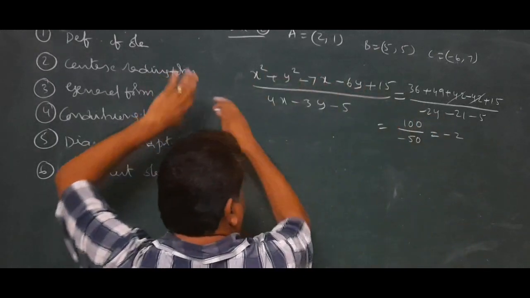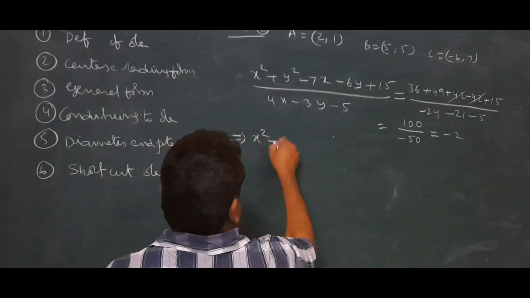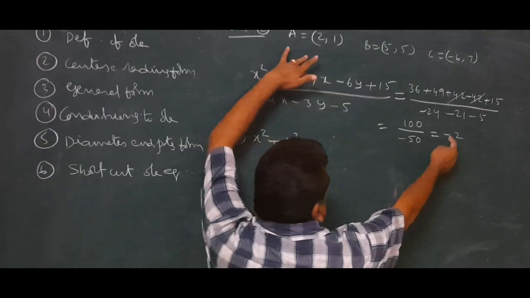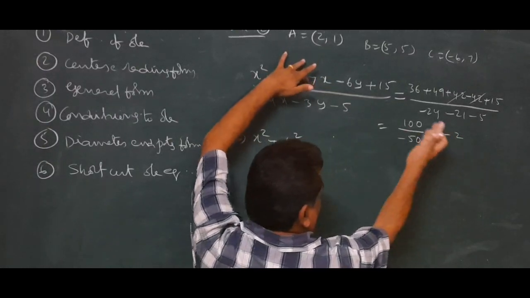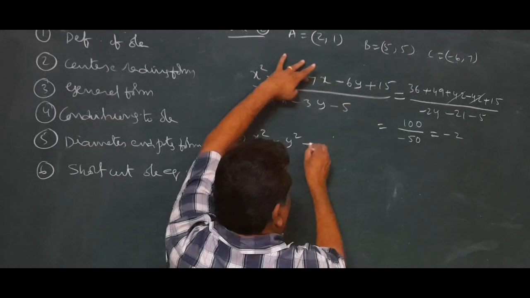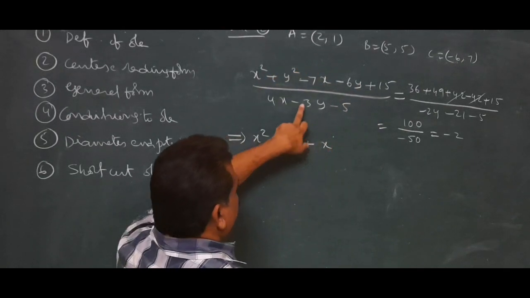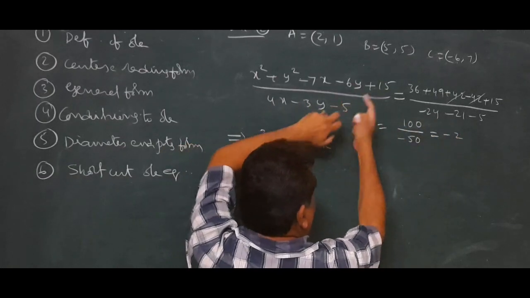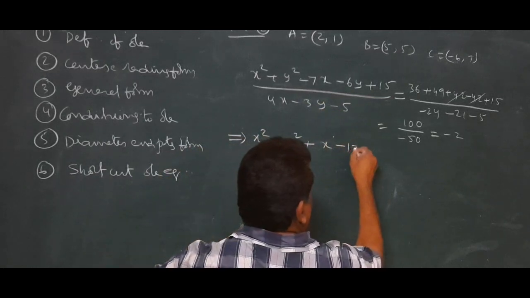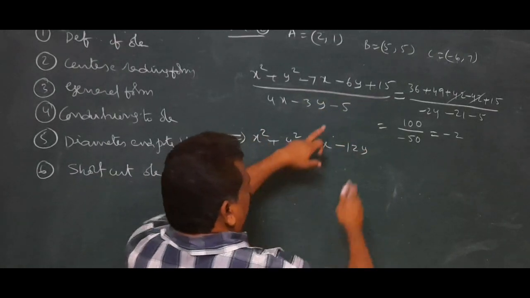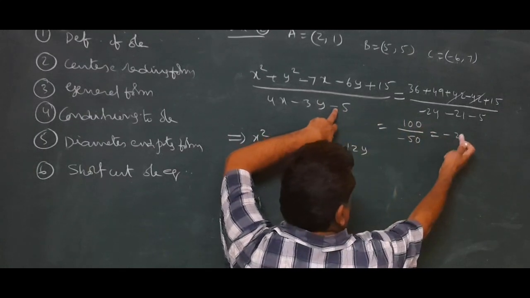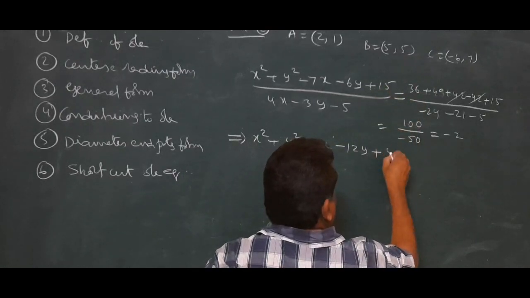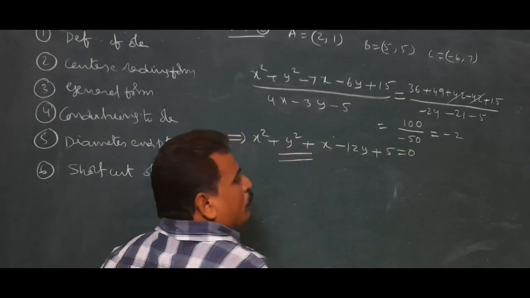Take those terms to this side: x square plus y square, no change in these two terms. Minus 7x is there, but here we are getting minus 8x, take this side, minus 7x plus 8x becomes plus x. Next, minus 3y into minus 2, plus 6y, take this side, minus 6y, already minus 6y is there, so minus 12y. Next, minus 5 into minus 2, 10 plus 10, take this side, 15 minus 10, that is 5. It is the answer passing through the